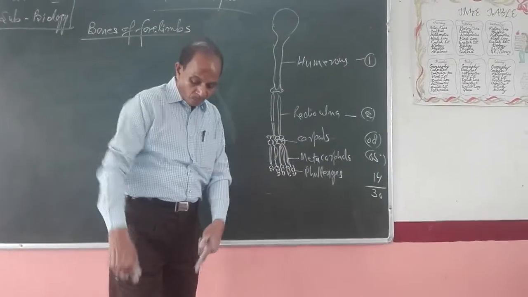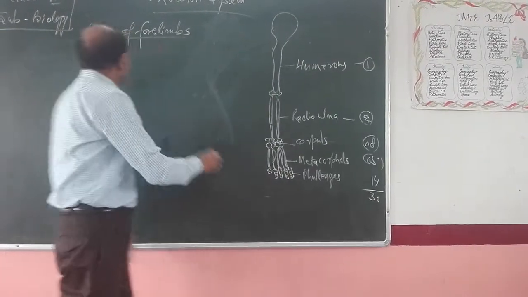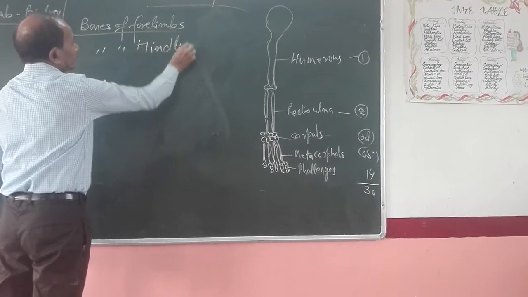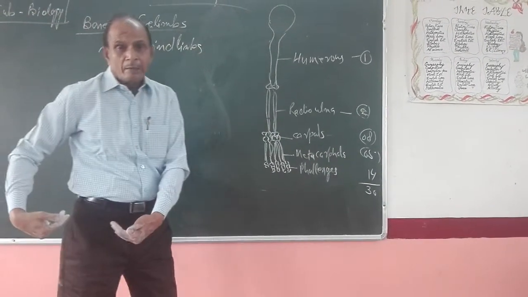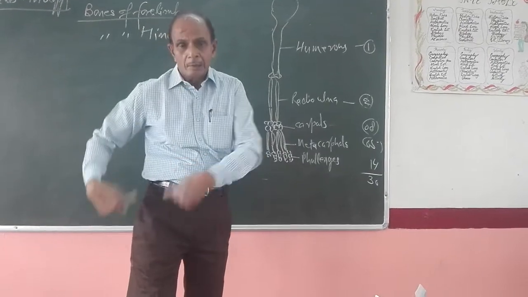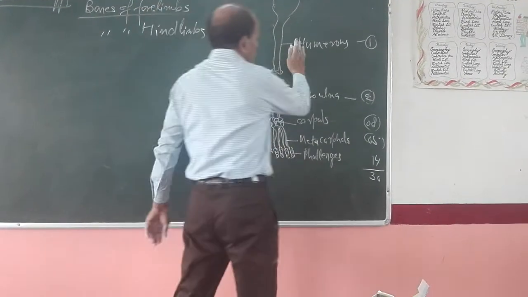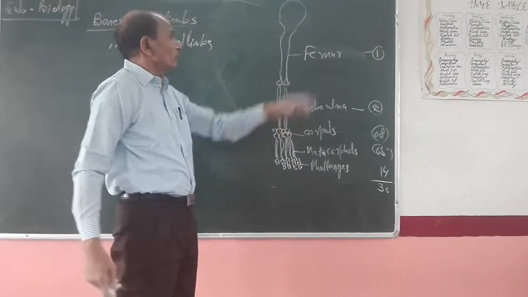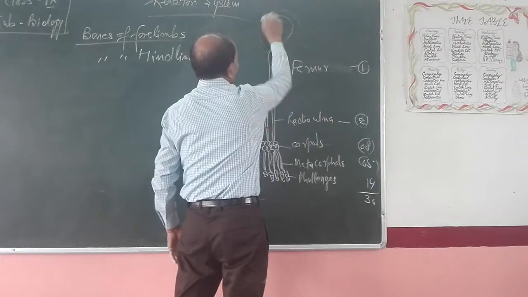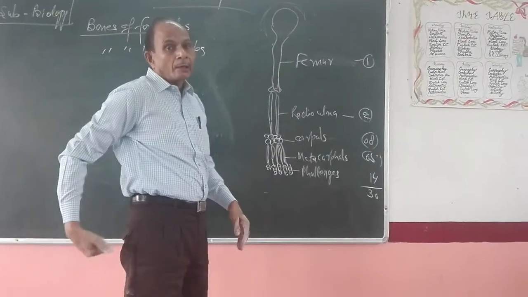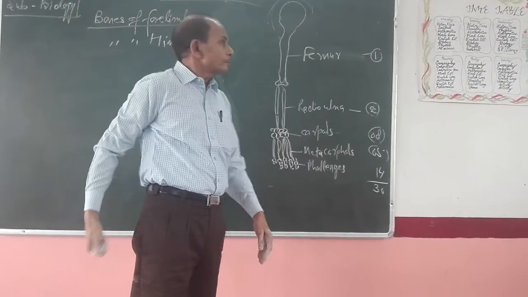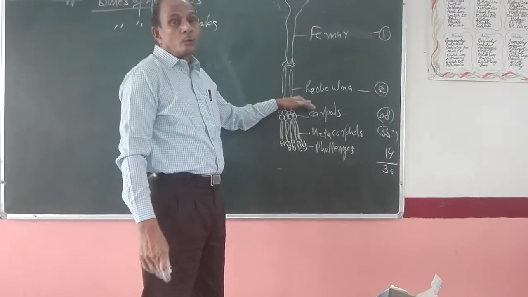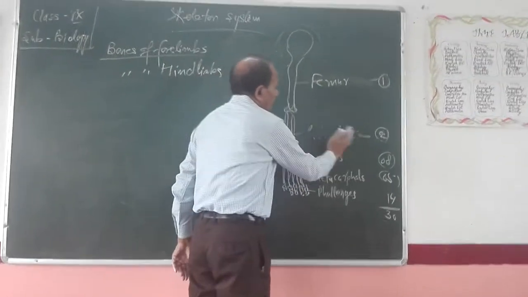In the same way, now the bones of the hind limbs. In the upper part of our hind limb, that is the thigh region, there is a single bone known as the femur, whose head is articulated in a cup-like depression known as the acetabulum of the pelvic girdle. In the lower part of our hind limb, again there are 2 bones, known as